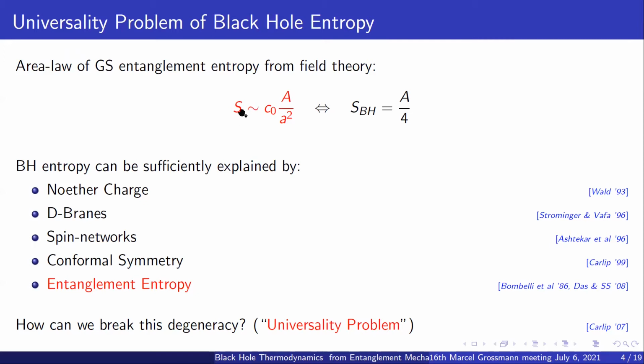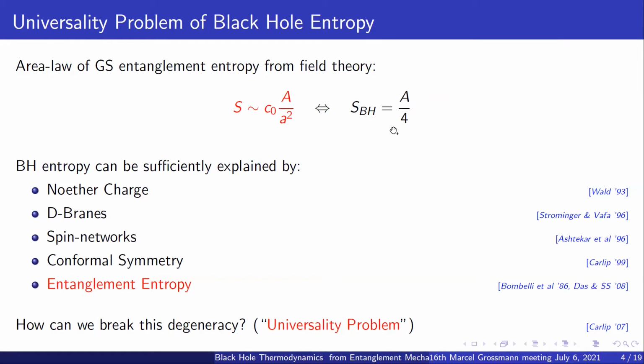When Bombelli et al. and Srednicki later on calculated the entanglement entropy for a scalar field propagating in a flat spacetime, they were able to show that this entropy scaled linearly with respect to the area of the separating horizon. And by separating horizon, I mean the horizon that separates the subsystem 1 that we have labeled and a subsystem 2. As soon as this was calculated, people were quick to recognize that this bore an analogy with the Bekenstein-Hawking entropy, which also seemed to follow a similar area law behavior.